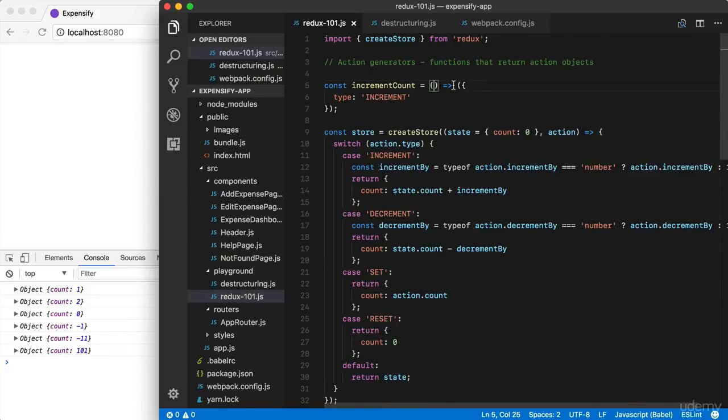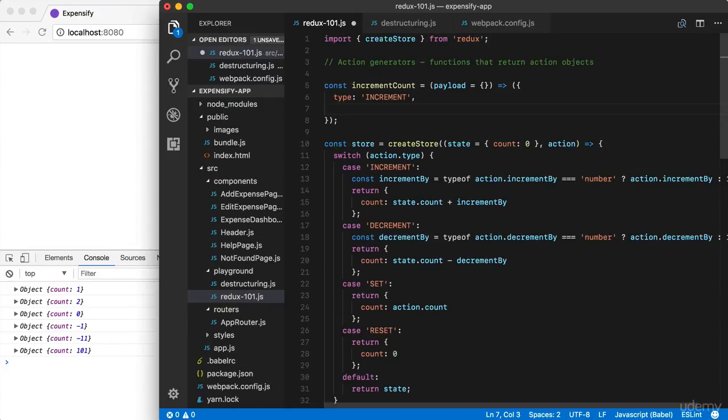We're going to go ahead and just kick things off by naming it. I'm going to call it payload. And if payload doesn't exist, we are going to default it to an empty object. So there are times where it's not going to exist, and that's okay. We're just going to use an empty object right here as the default value. Now we can go ahead and actually set up the things we need on the action object, and we're going to be setting up increment by, and we're going to be setting it up for every single instance of this action object,